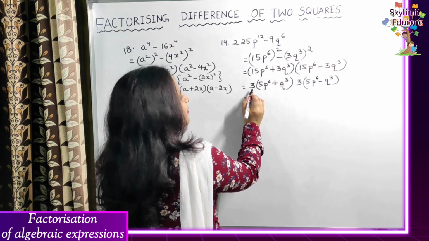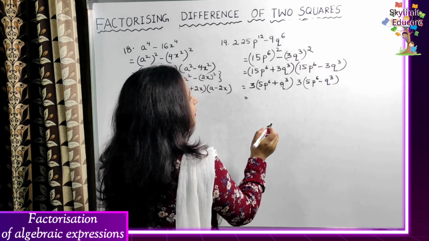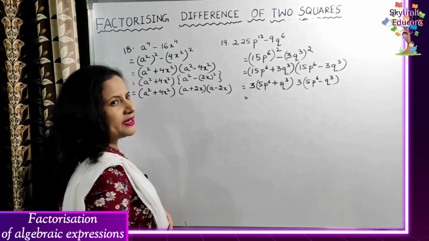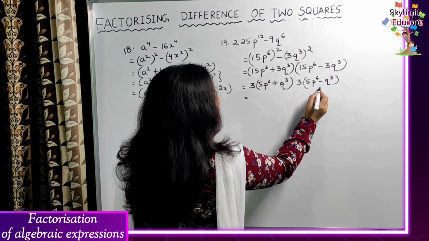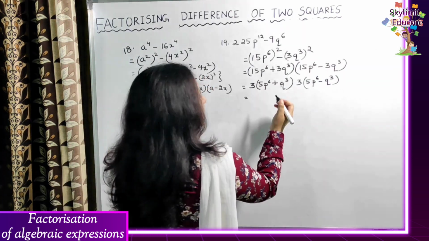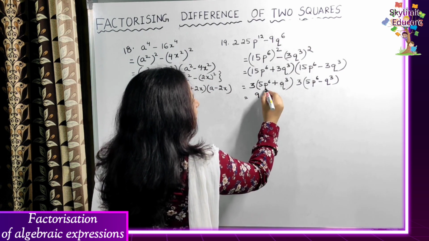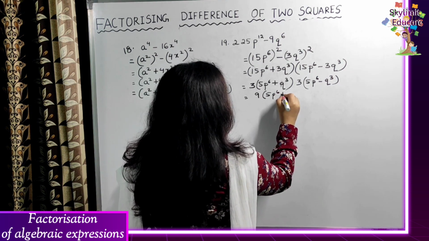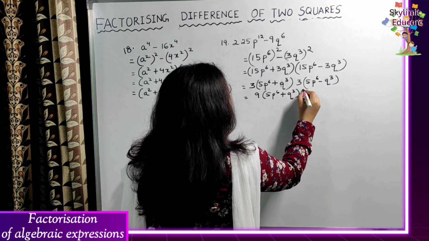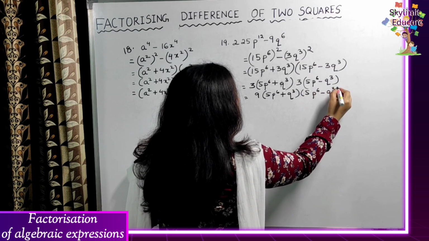But now what? This is 3 multiplied by this, multiplied by 3, multiplied by this. So we can do one thing. See this, everything is multiplied here. Yes or no? 3 is multiplied by this, is multiplied by this, is multiplied by this. So 3 and 3 we can multiply. 3 3's are 9. Yes or no? And then we can keep these two. All are multiplied. 9 times 5p to the power of 6 plus q to the power of 3, 5p to the power of 6 minus q to the power of 3.